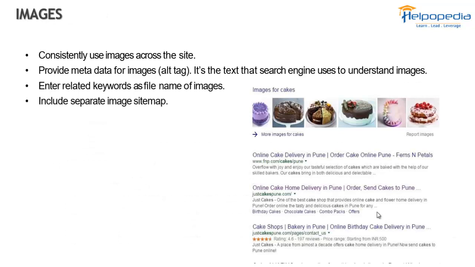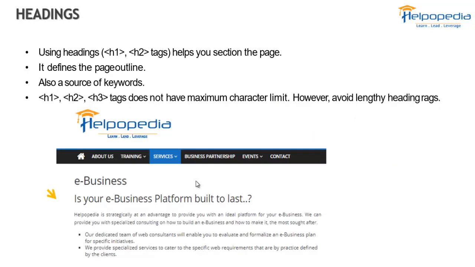And then images, like I said, whatever images we are searching, see if I'm searching for a chocolate cake, then only the images for chocolate cakes will come up. Then other strawberry cake or any other cake will not come up. So only chocolate cake will come up. So for that reason, I said that we need to use proper alt tags, and we should name the image accordingly, so then it will come up in images when people are searching.